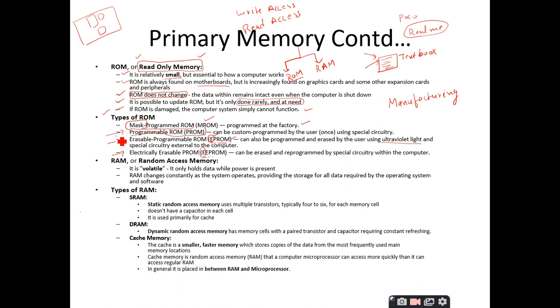But all these three things, erasable and electrically erasable, EPROM and EEPROM, they are going to deviate from the definition of the ROM. You can observe here, ROM is read only memory, therefore you are going to read the contents only. But if you are going to change the contents, that is deviating from the original definition of the ROM, but they are still considered to be ROMs itself. Clear?